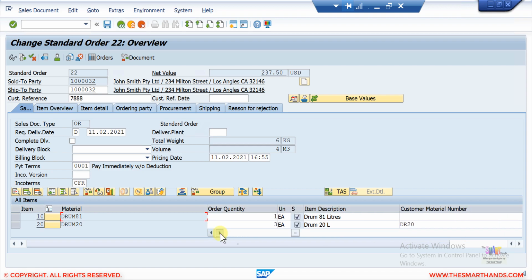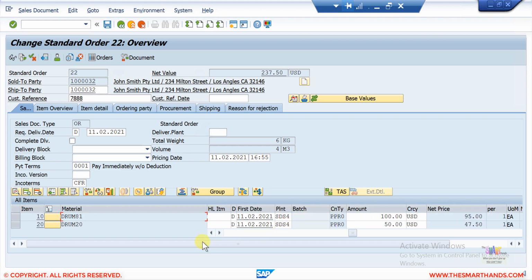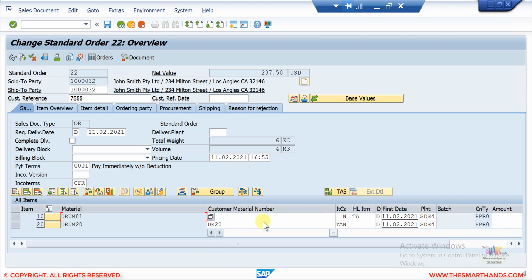If you scroll right, you will see the item category here, which is 10. This is the standard item category for sales order, TAN. As I said, I'll discuss item category settings in detail later on, but for now I just want to show you where this customizing is.